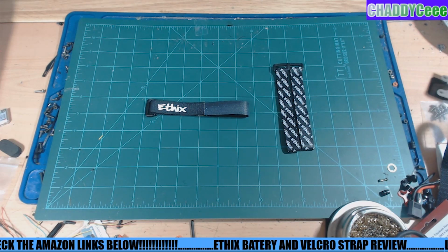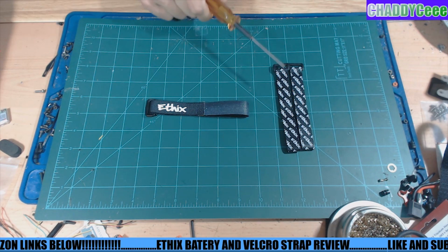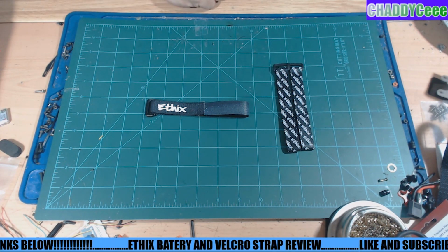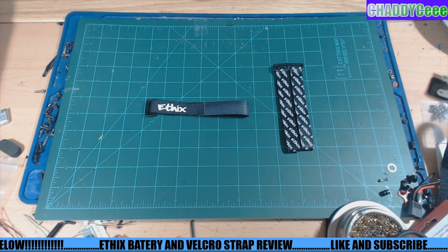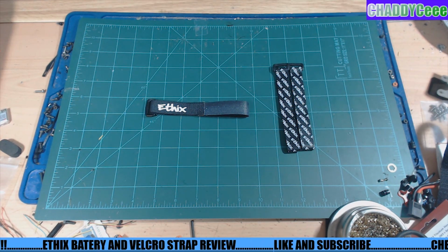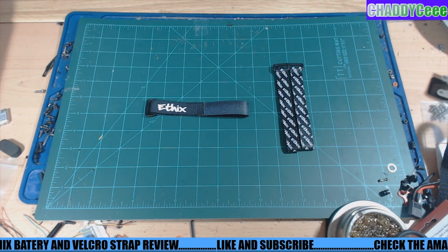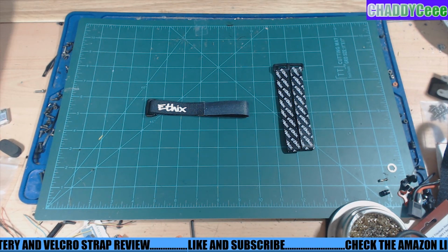So let's take a few minutes and talk about these Ethix Velcro straps. We got a battery strap right here last month in the drone drop box, and I was pretty impressed with the quality of it and all that stuff. Now you see Steel and Canasti talk about these straps, and everybody thinks it's hype,